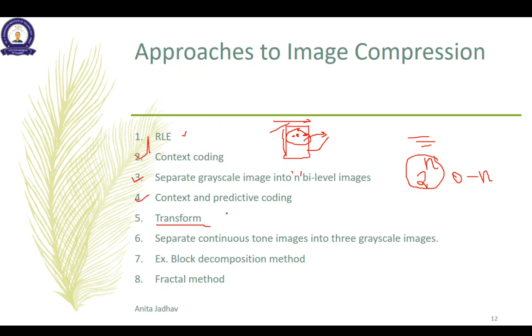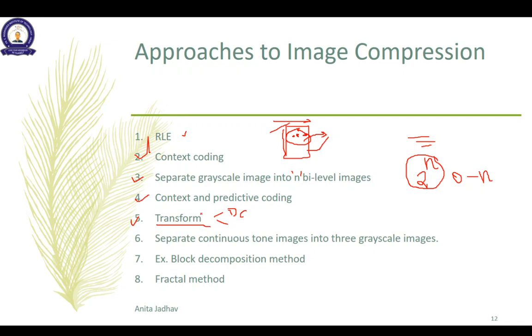Once you have these transformed values, where the redundancy is eliminated and the pixels are decorrelated, you go for quantization. Remember, quantization is the step which brings a loss in the data. So once you quantize the transformation, you will have lossy image compression. This approach is quite popular in the literature. Among the different transforms you have DCT, then you have DWT. There are different transforms and each works differently with images.